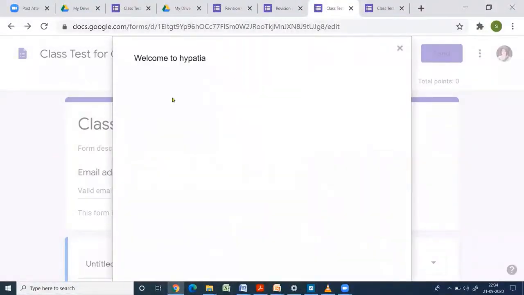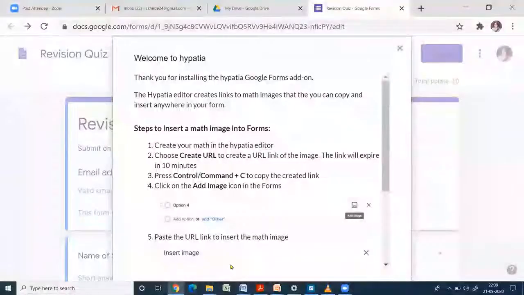Once you click on this, you will get a message like this: Welcome to Hypatia. Then you will get the procedure for inserting equations in your quiz. You can read it in the beginning, unless you are confident.